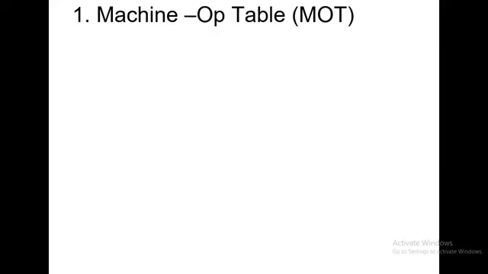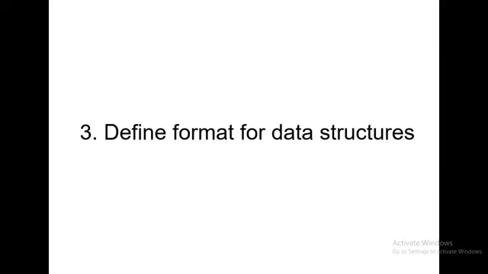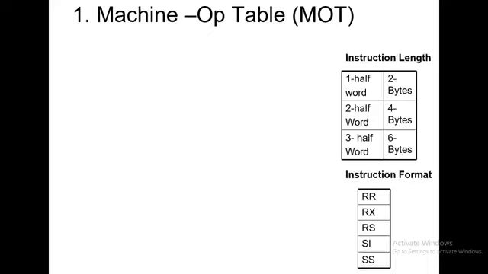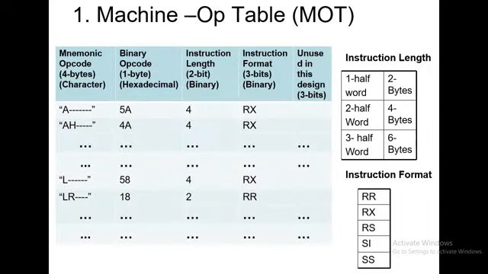Now see the format of all data structures. First is the MOT table, that is the machine operation table. First you have to identify the mnemonic. Mnemonics means imperative statements which the processor has to process, such as the instructions add, store; all this comes under the mnemonics of code. After that you have to assume some hex code for that particular mnemonic, then the length of an instruction, and the final one is the format of an instruction.